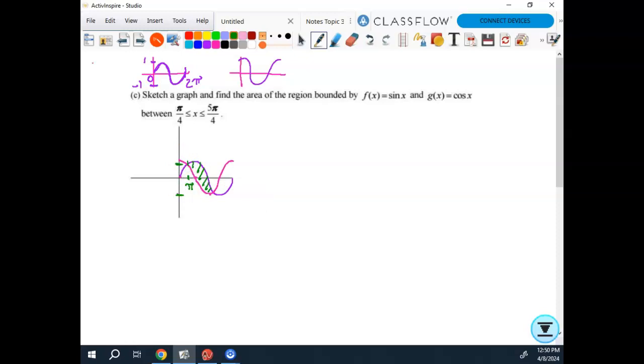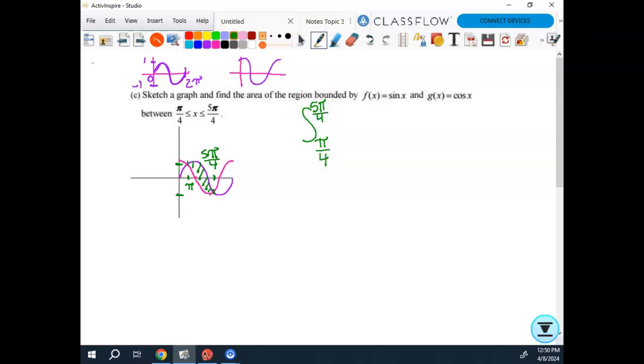And then the next time they're the same is in the third quadrant, and that would be this, which is 5 pi fourths. Just like so. Okay? All you have to do is think about your unit circle, right? Just go through that. All right, so now we're going to integrate from pi fourths to 5 pi fourths